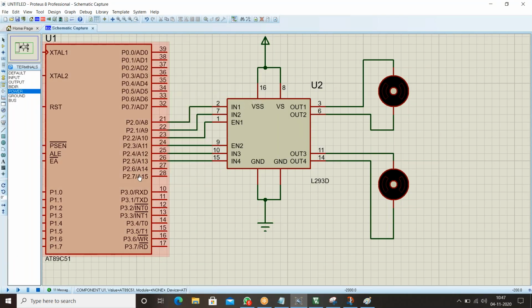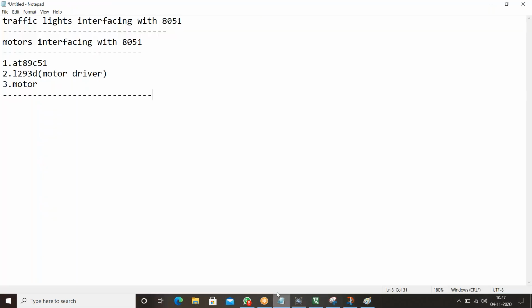I'm going to take the total pins: 2.7, 2.6, 2.5, 2.4, 2.3, 2.2, 2.1, 2.0. These are our controller port pins.